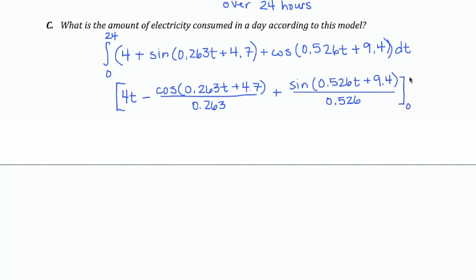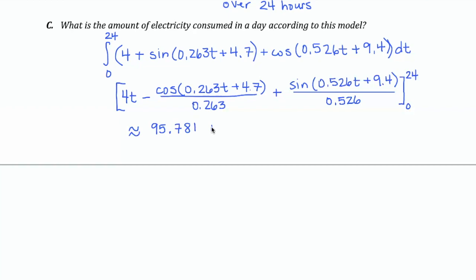And then you're supposed to substitute the values of 24 and 0 into this to get your actual numerical answer. There's nothing hard about doing that substitution. It's just a whole lot to type into a calculator. First, you go through and put 24 in place of all of the t's. Then you go in and put 0 in place of all of the t's. You subtract those numbers. And cutting to the chase, you get approximately